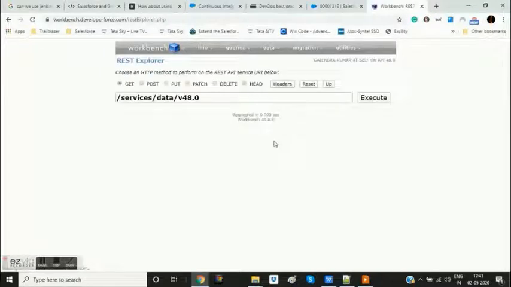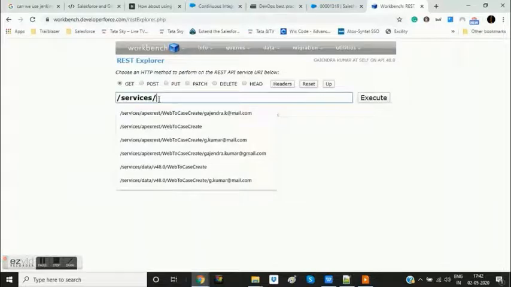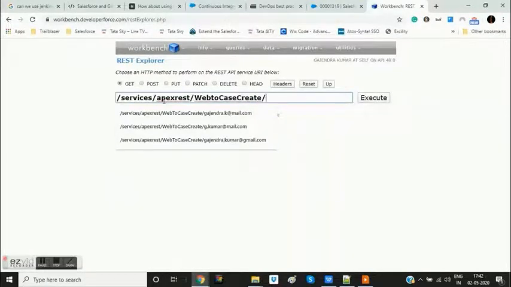Over here I will go to the utilities option, REST Explorer. Because I am querying Salesforce, I select the method as GET, not POST. Over here I will write, you do not have to worry about the URL before services. After that we have to write services/apexrest and the service name with which we have exposed our apex class.